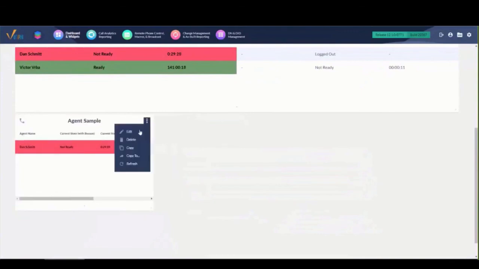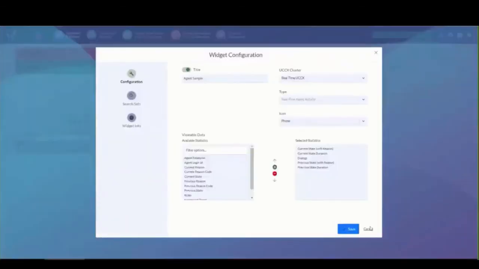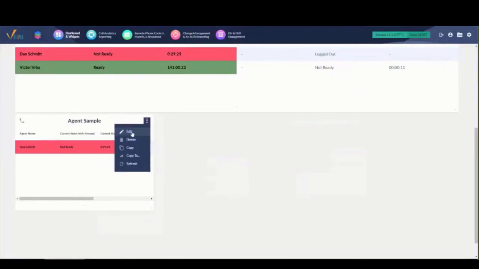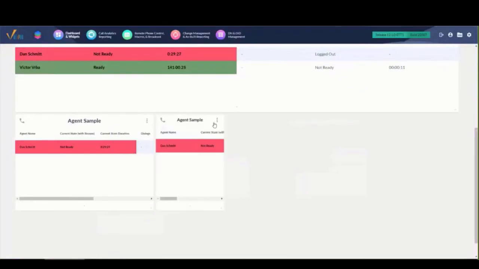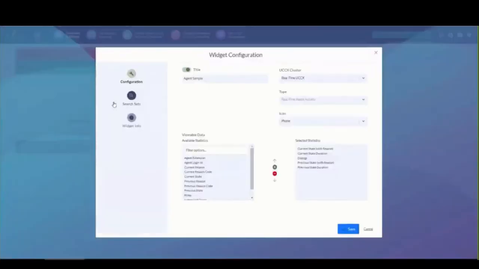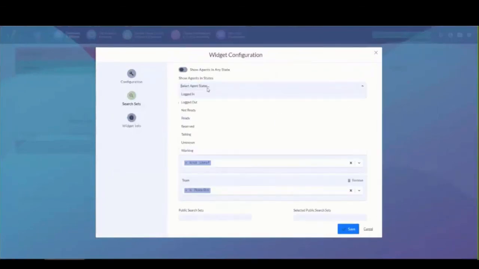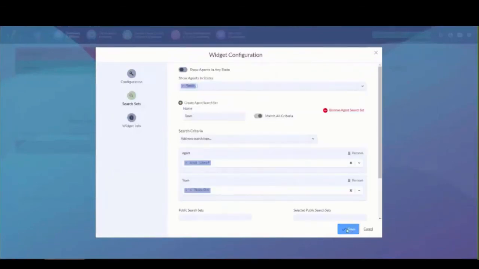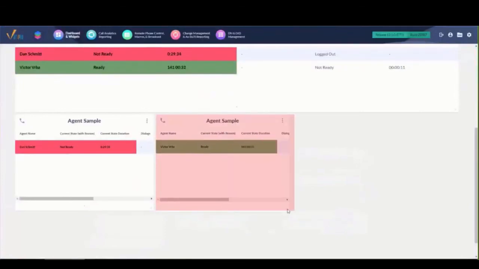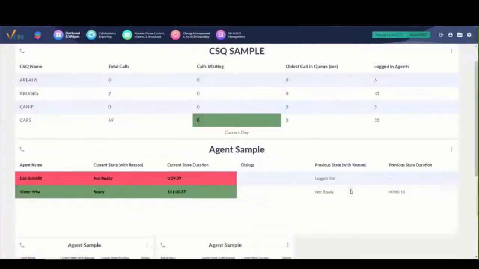Then maybe I want another widget. Or maybe I want to just make a copy of this one and just have it be the ready folks. So it's very easy to just go ahead, click, edit, and now I just want to be able to see who are my ready agents. So we make it very flexible to be able to see that information